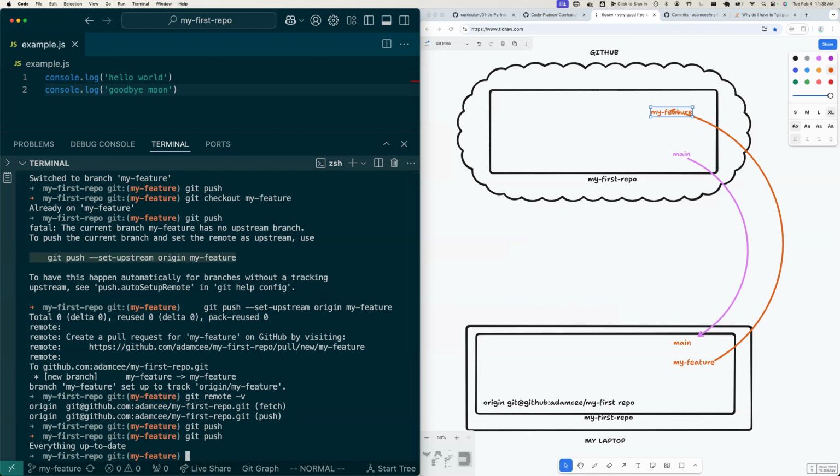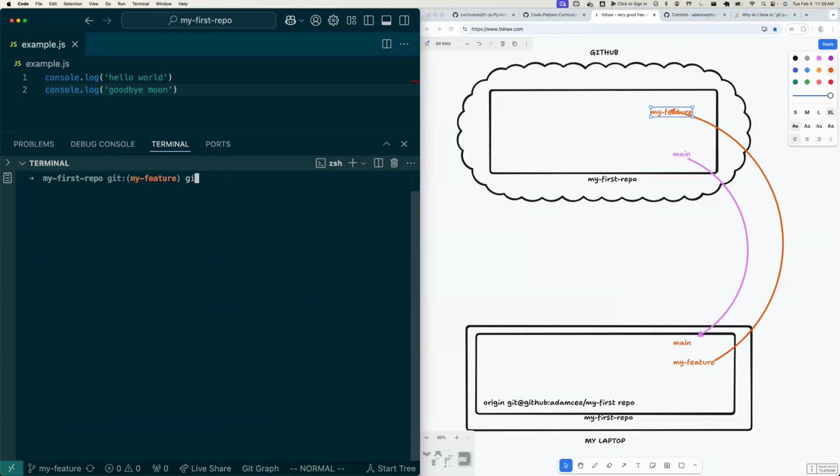I guess one thing is it feels like a couple times you've had to type in git push a couple times to get it to do what you wanted. Right. So git push, yes, we have to do that all the time. But this whole command with all these things, we don't. And git push,